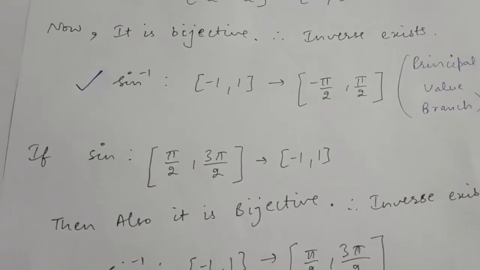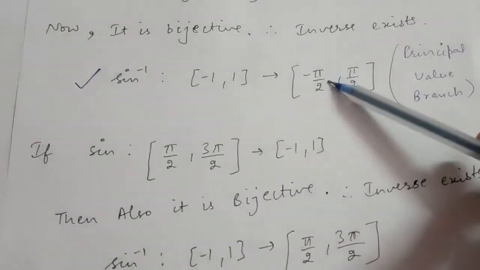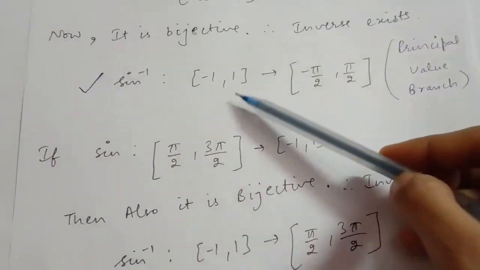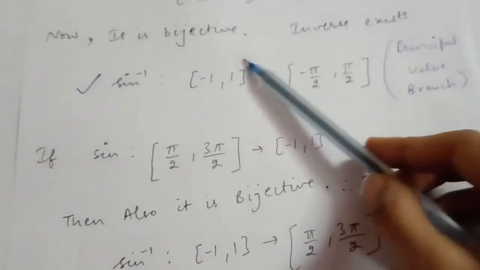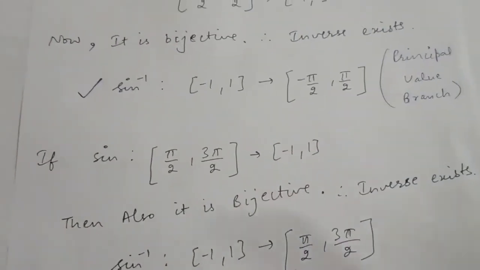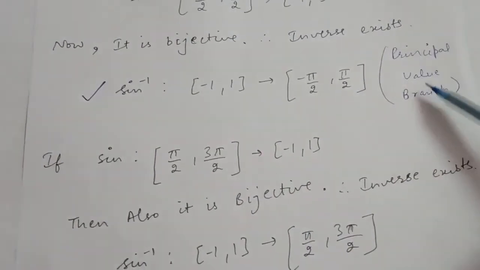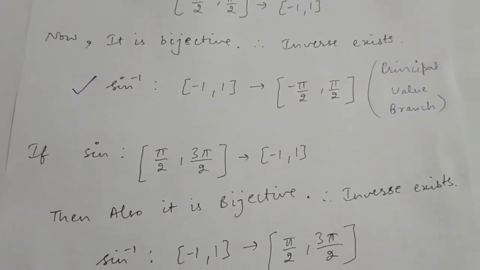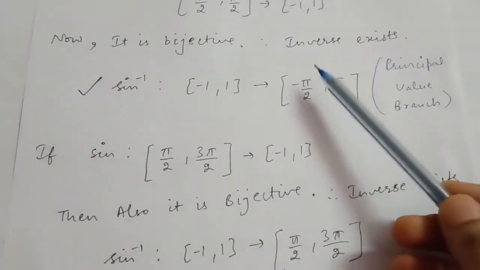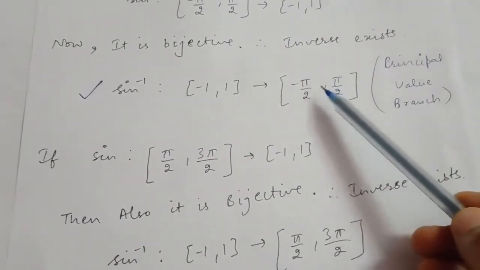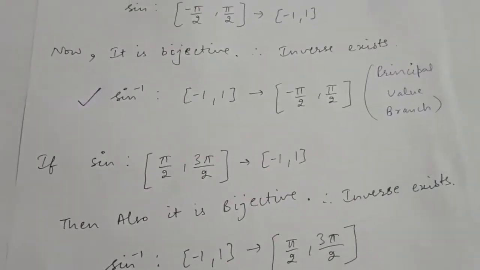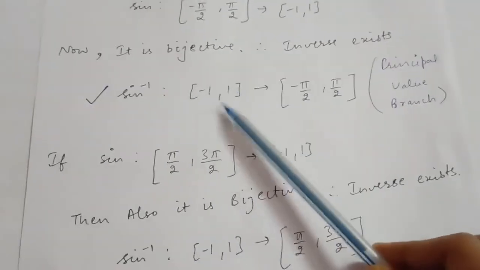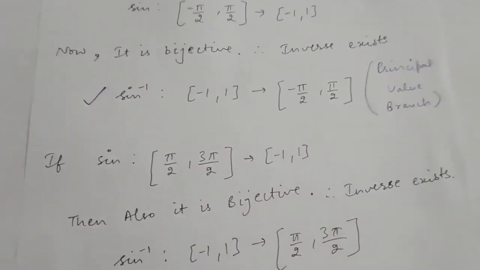But universally we always consider this as the sine inverse function, right? This is also correct, but universally we take sine inverse as this function, and therefore it is known as the principal value branch. In each inverse trigonometric function you will get a principal value branch, which means that we have restricted the domain from R to this, from -π/2 to π/2, right? So we will consider the sine inverse function as this only, where the domain is this and the range is this.